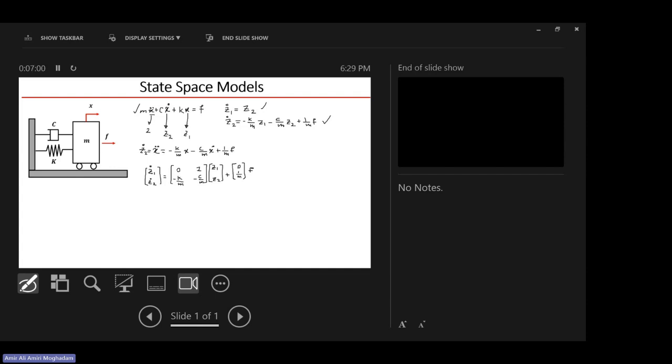Okay, so these are the state space equations. In order to have the state space representation, I need to only add the output equation as well. Let us assume that the position x is the output. Then I can write down the output equation y equals